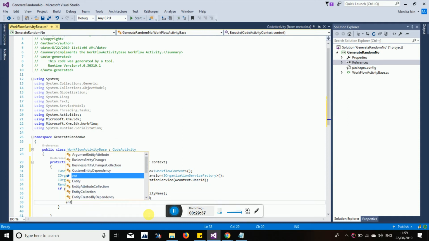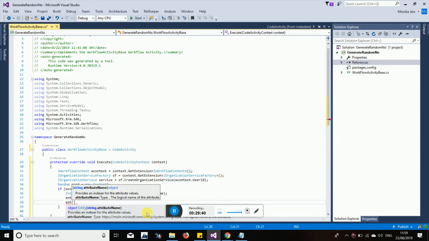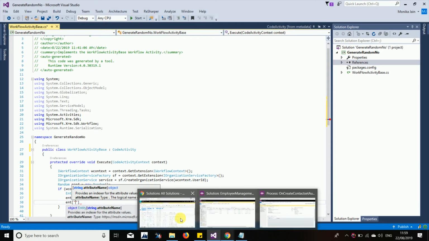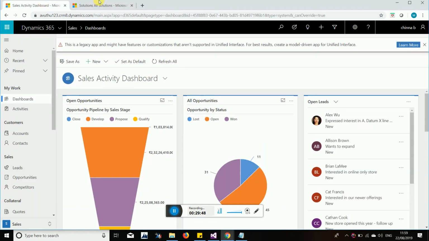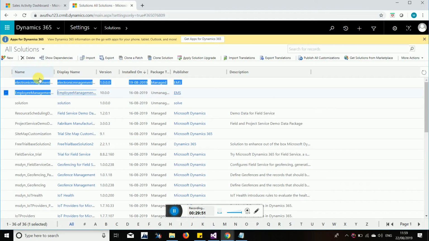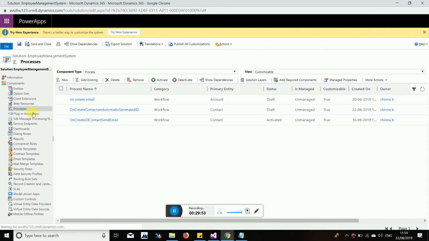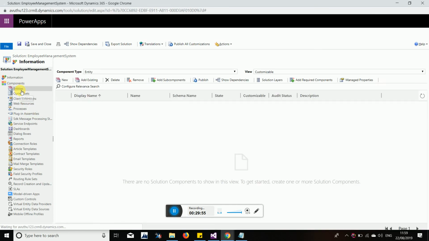Now, second thing, we wanted to update the job title field. Let me see that particular field; we don't have a contact entity here.